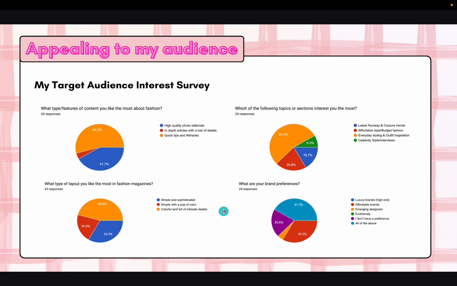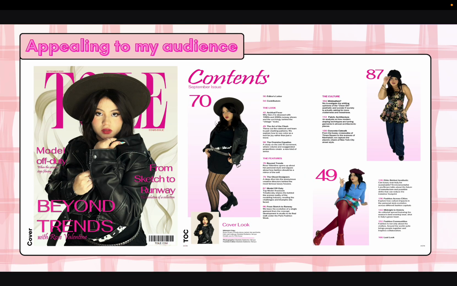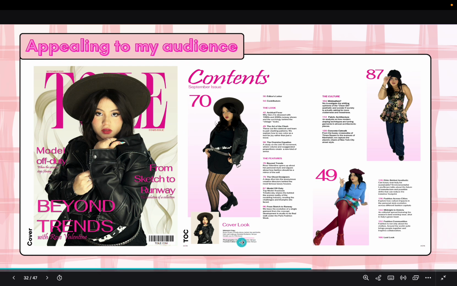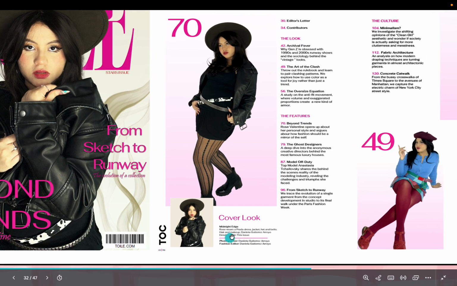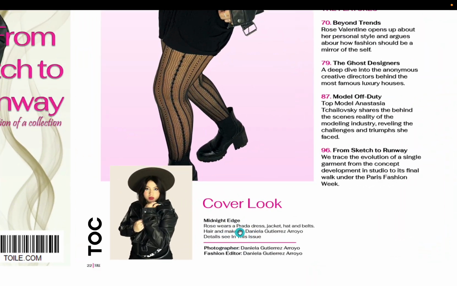And I decided to use a much more colorful layout full of intricate details, as it was what my audience liked the most, with the colorful details with the hot pink and the intricate details with the brushes, and the high quality photo editorials spread through the magazine. These are some examples like I was talking to you about: the intricate details, the colors, the use over here of high end